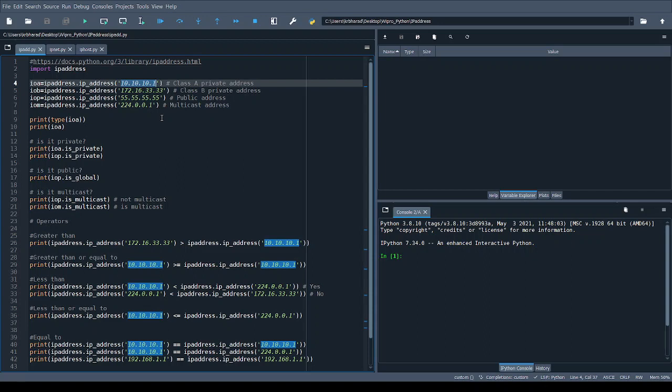So to begin with, we construct an IP address object by passing the given IP address as a string like so. As you can see, we have created a few IP objects so that we can see what are all the operations and what are all the methods that we can execute on the objects. So let's just start by